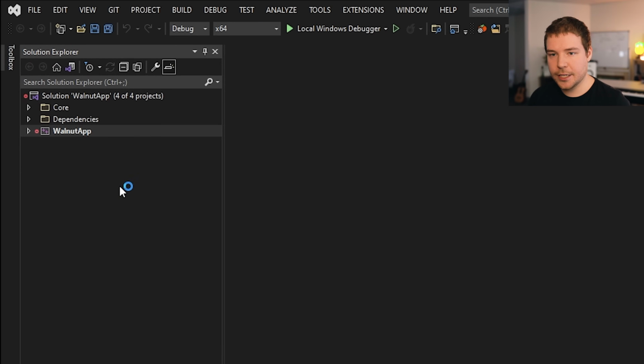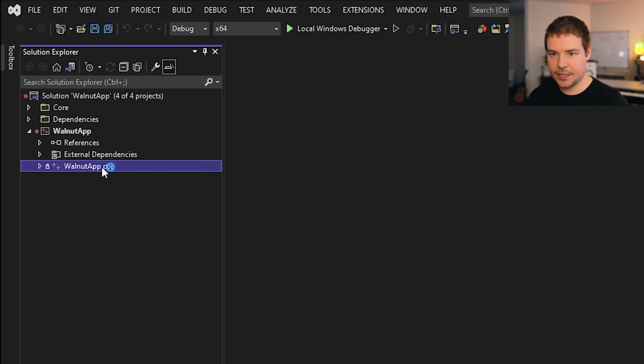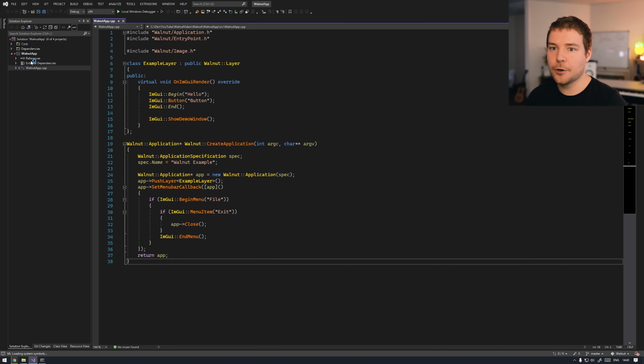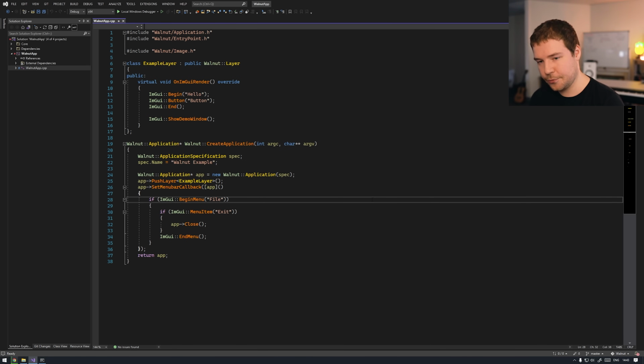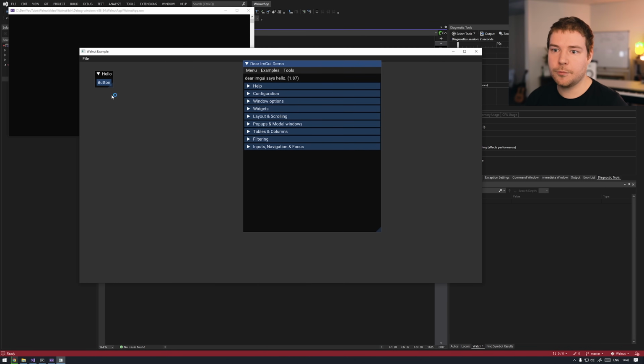If we take a look at it here, that is the application. If we look at this project here, we have core and dependencies. You don't even need to look at any of that stuff. We just have walnut app.cpp, and that is the only source file included here, and that is a working example. If we just hit F5 to run that, you'll see that everything should compile successfully and we get a